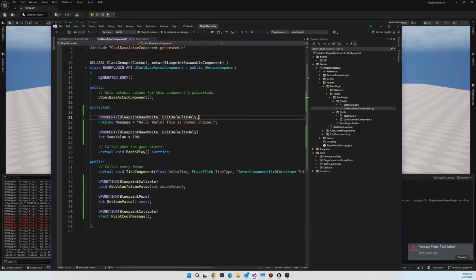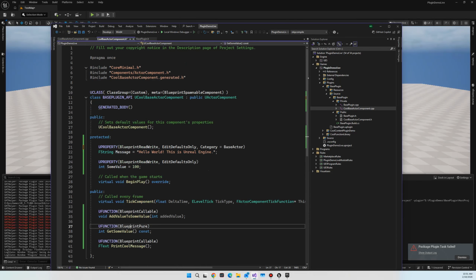To fix that, this is for anything which can be accessed through blueprints. A function can still be a U function, but if it doesn't have blueprint specifiers on there, like blueprint pure or blueprint callable, then you don't need to worry about categories. It's only when it's something that can be brought up in a blueprint that it needs to have the category there. So we're going to call this